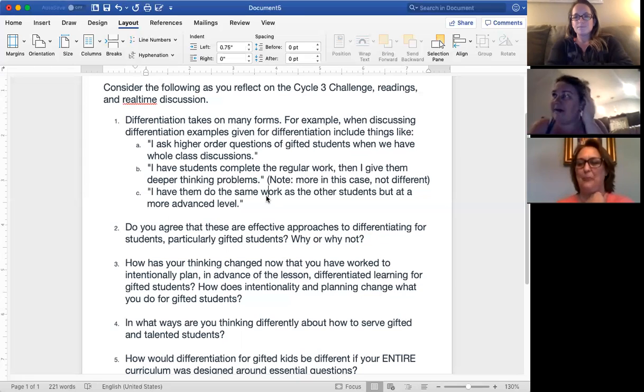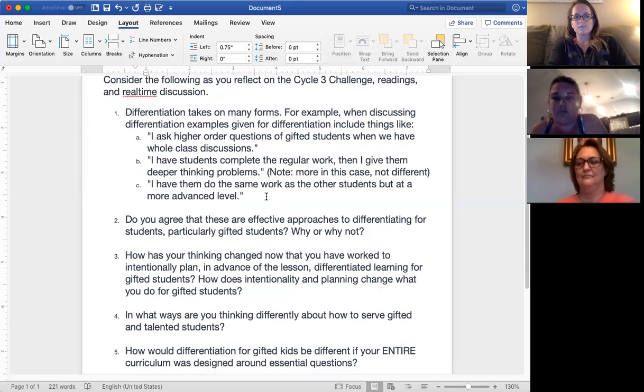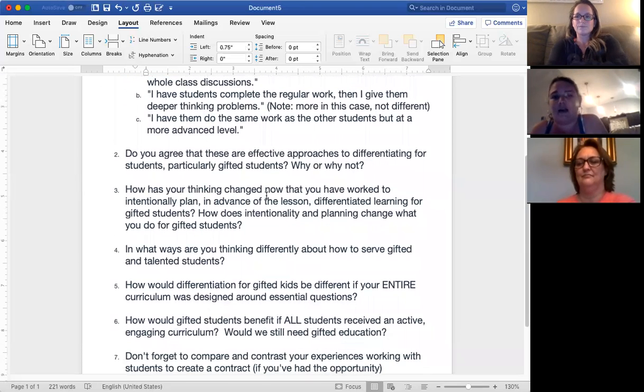Since all the reading, and I think this is answering number 3, how has your thinking changed, I'm intentionally planning some things, but I've also been thinking about doing a genius hour on Fridays. We already have the computers, and I'd say, okay, pick something that you are really passionate about, that you want to learn more about, and leave it open-ended like that.